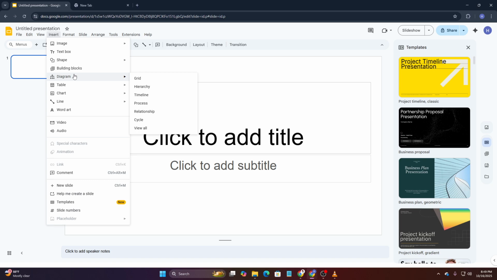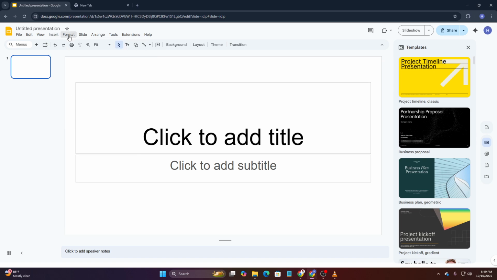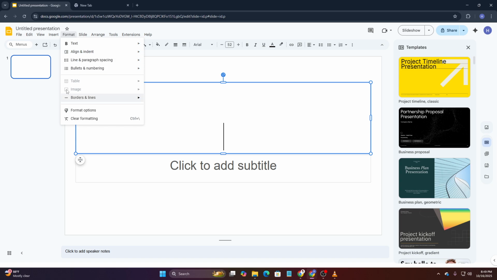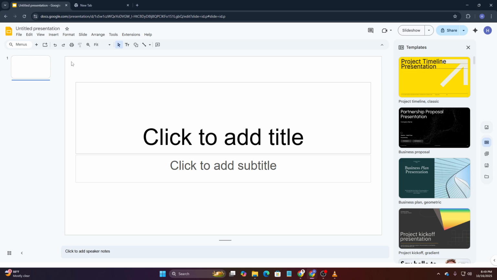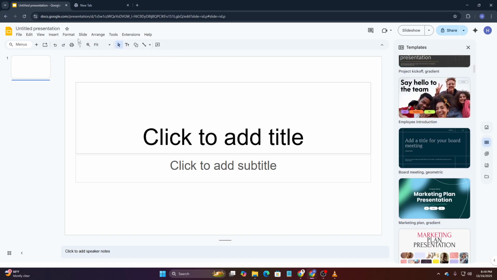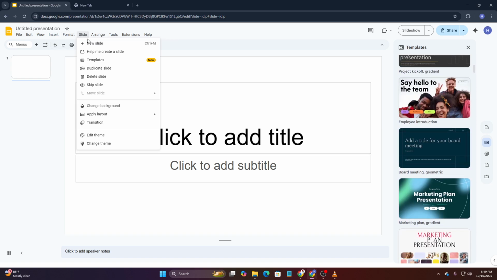The Format menu is all about styling your text and objects. Here, you can change fonts, text size, colors, and even adjust object arrangements, like sending an image to the back or grouping elements together. A well-formatted slide not only looks professional, but also keeps your audience focused. And don't forget the other menus. They give you options like switching themes, translating slides, and exploring additional tools that make Google Slides a powerful platform